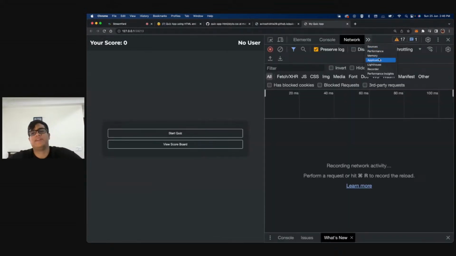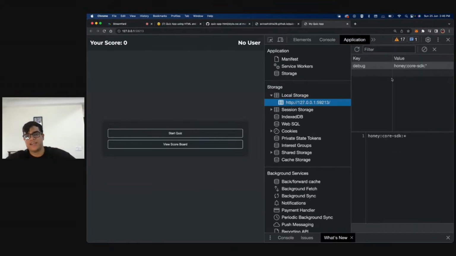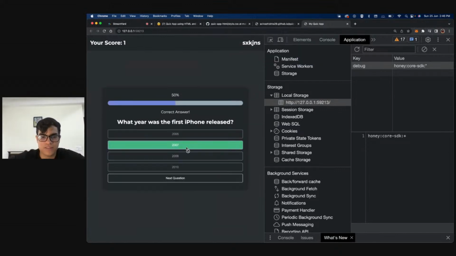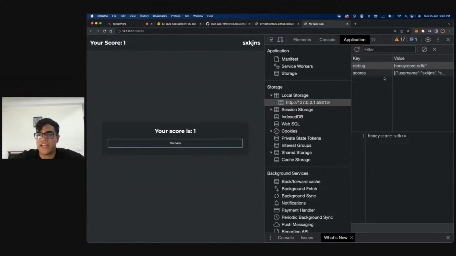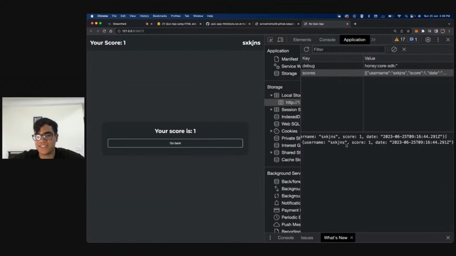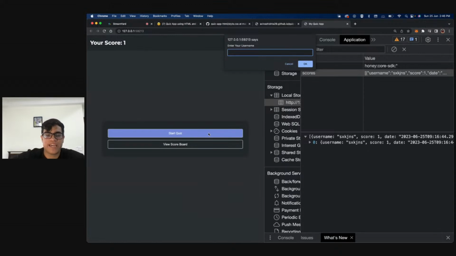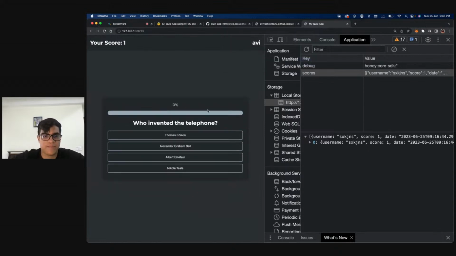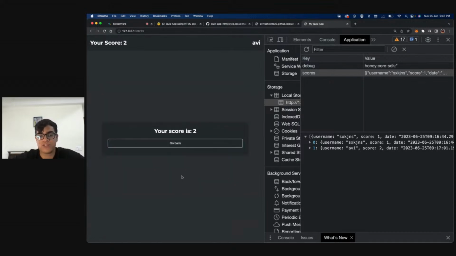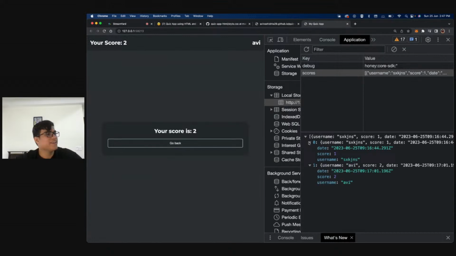So now every time we end the quiz, have a look at this. If I go to my application and to my local storage, right now there's nothing over here. When I start my quiz, click over here, click on this, and submit, my score is 1. If you look at this, I saved my username, I saved my score, and I saved this in an array, right? Now when I go back and start my quiz again, let's say I start with the second variable over here. I do this, and then I do this. Next question, we see this, right? Do you see how this is being appended?